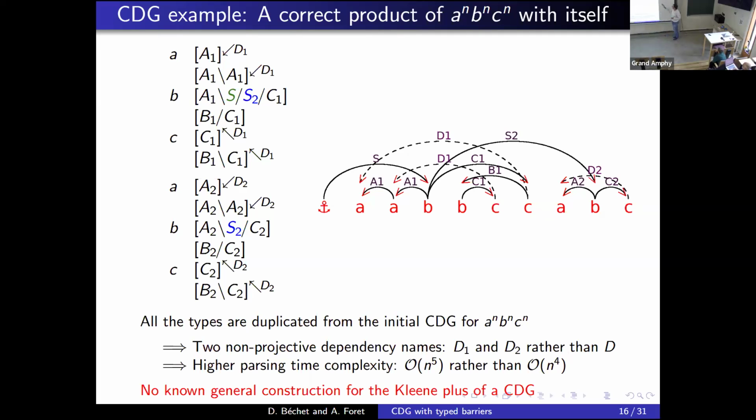Now it's not possible to have an interaction between the left part, the right part, and the left part, because, as you can see, all the polarized valencies T2 are linked to the second grammar, and T1 here are only linked to the first grammar. So it's not possible to have something that corresponds to both sides.